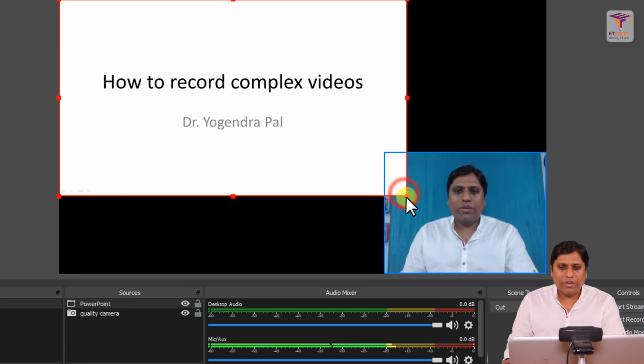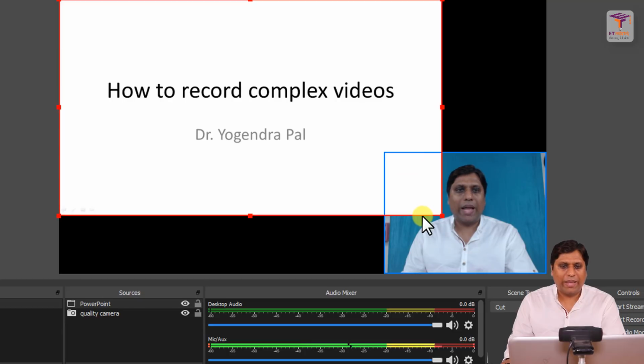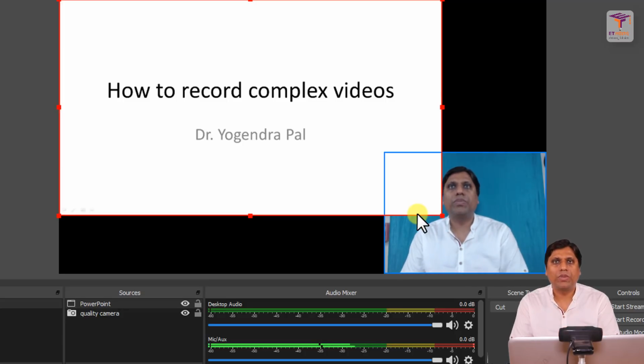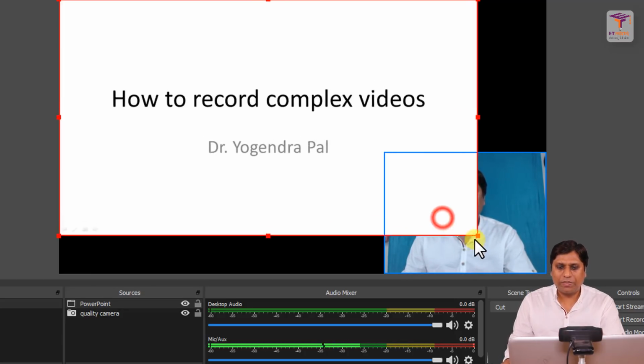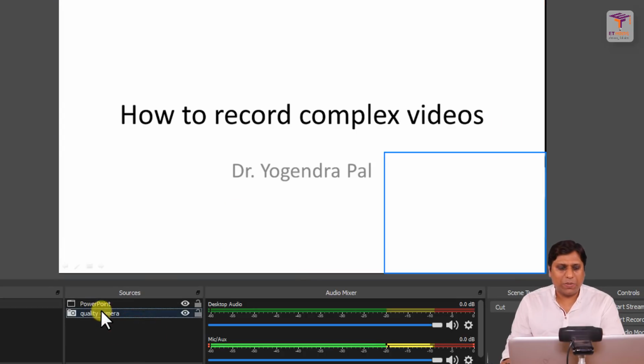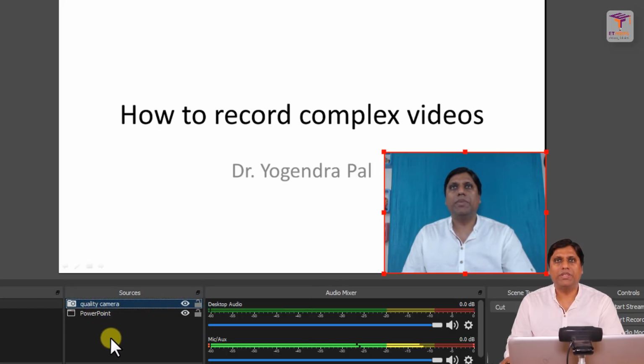I will now resize it like this so that it is capturing the maximum available area. I can also do it like this. See, like this also I can use it. But the problem is, in that case, my video will not be visible. Although, if I make it visible, see here you can see PowerPoint is on top and quality camera is in the bottom. This is why the stream that is coming from quality camera is hidden. If I move quality camera to here, it will be on the top and the PowerPoint presentation will be in the bottom, then you will see my video is available here.